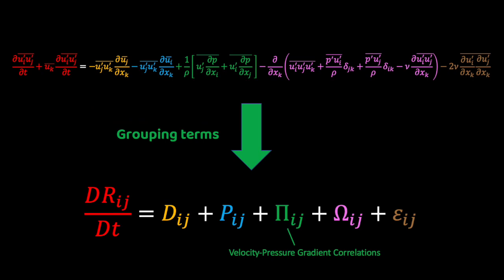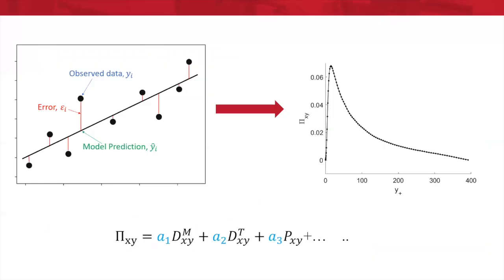These equations can be grouped into terms as shown here to make them easier to understand. My research is concerned with using machine learning to model the term shown in green called the velocity pressure gradient correlation. To model the velocity pressure gradient correlation, we use a technique called multiple linear regression, which minimizes the sum